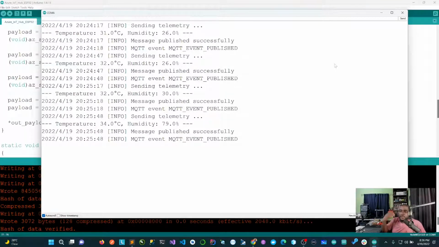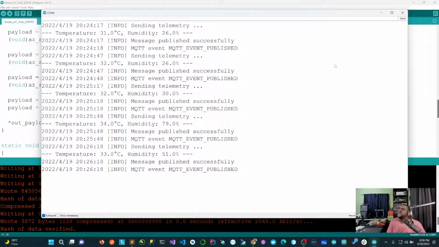But to continue building on it, I can use IoT Hub free, and I get, I think, about 80,000 messages in a day. And I can be smart about the way I send telemetry. One of the ways you're seeing here is to increase the time it takes for the telemetry to be sent. Or if there is a must for you to send it regularly, then what I can also do, which I did in my